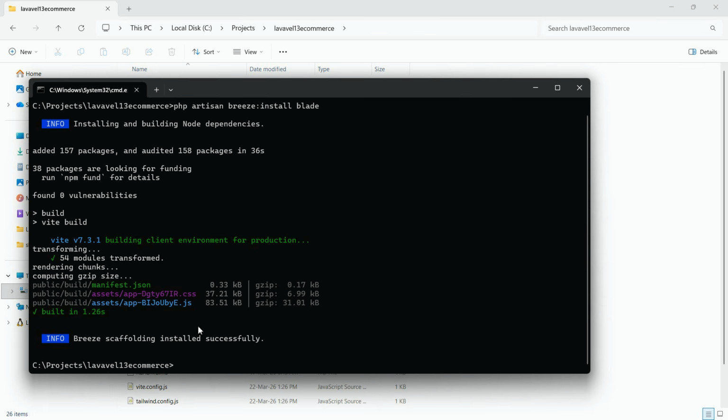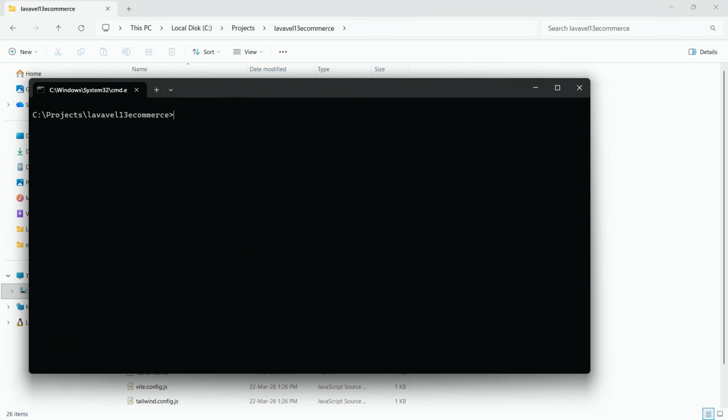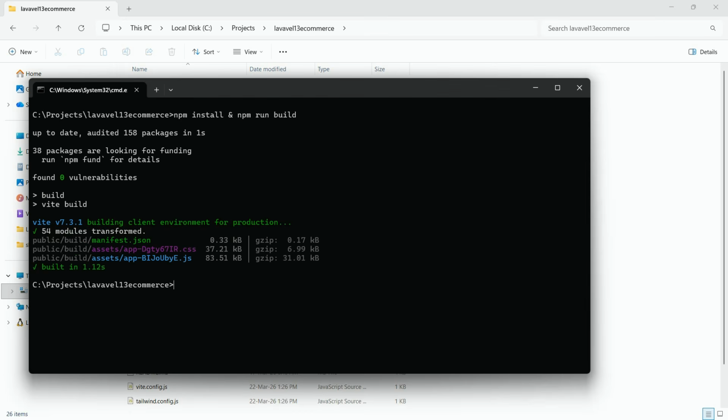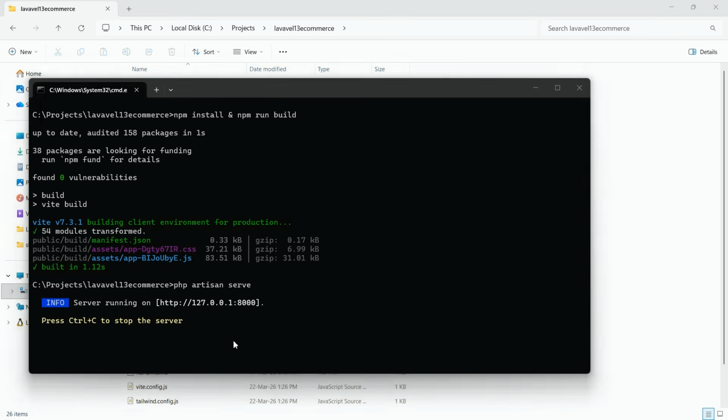Okay, Breeze scaffolding installed successfully. Now let's compile the assets, CSS and JS files. For that, just execute the commands npm install and npm run build. Now hit enter. Now let's run the application. Write php artisan serve. Now hit enter. Now go to the browser